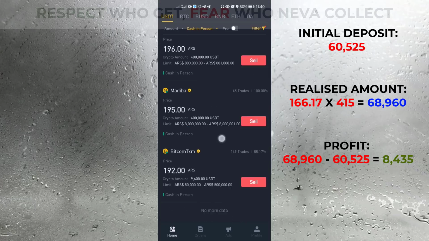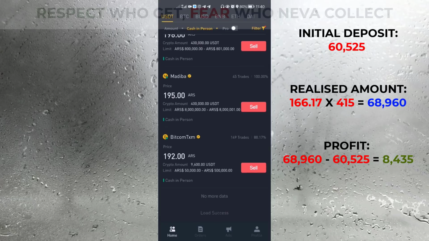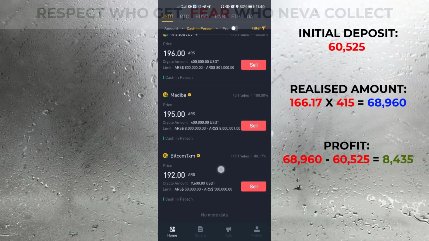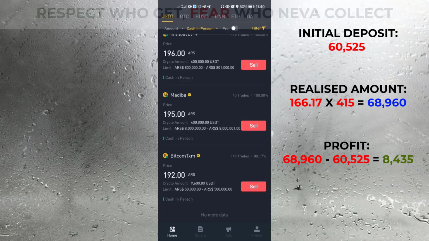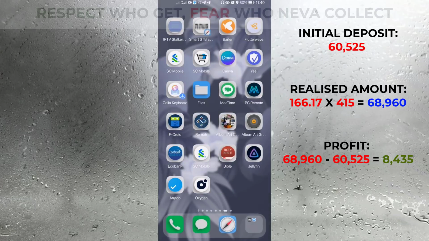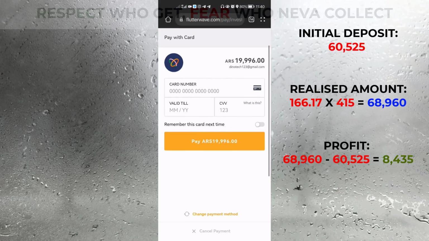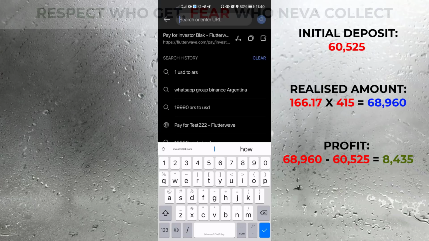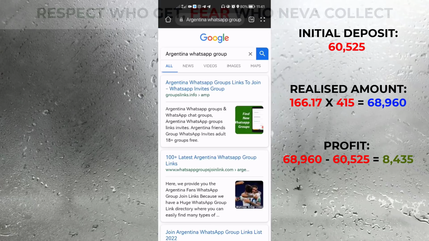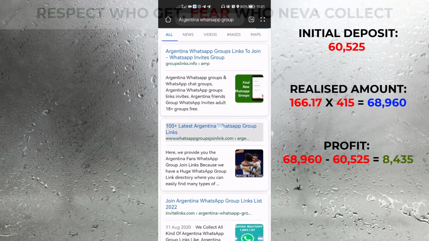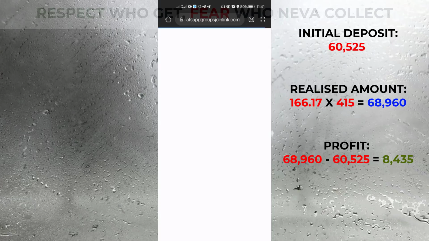You can try your luck, you can chat them up and convince them that there's a way to bypass the tax charge, right? You can convince them, then fine. Another way you could go about it is to go to your search engine. So I'm going to just search for Argentina WhatsApp group. Once you search for Argentina WhatsApp group, you just choose any of these and try to join